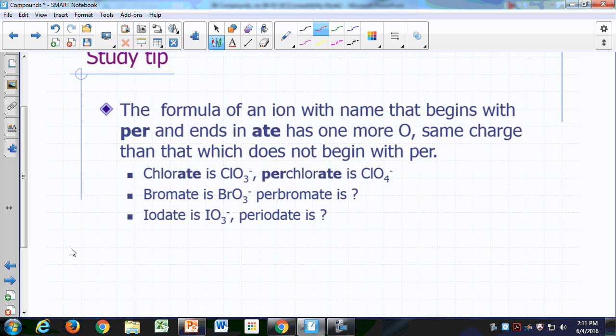And if you have the per in front of the name of an ion whose name ends in ate, then that just has one more oxygen. It's still the same charge as the one that doesn't have the per in front. For example, chlorate is ClO3 with a -1 charge. If you put a per in front, perchlorate, you now have one more oxygen. It's ClO4 -1. So if bromate is BrO3 -1, what is perbromate? BrO4 -1. If iodate is IO3 minus, periodate will be